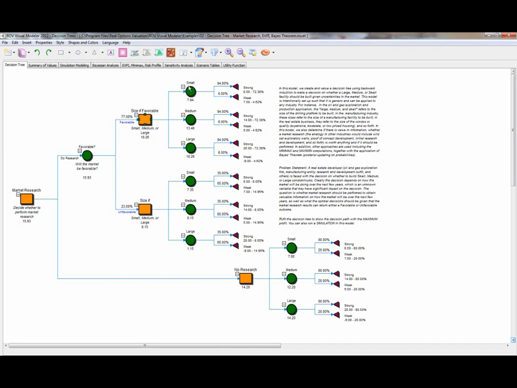I can go, again, build small, medium, or large, and again, the economy could be strong or weak in this case. If it is unfavorable, again, there are 3 levels of decisions: small, medium, or large development. And for each of these, the economy again could be strong or weak. Now, notice that the probabilities have changed in this case because we're looking at 94% strong versus 6% compared to 35 and 65. And the probabilities here change because we have something called probability updating, or we call that Bayes